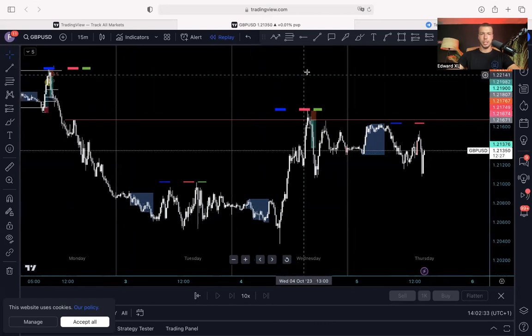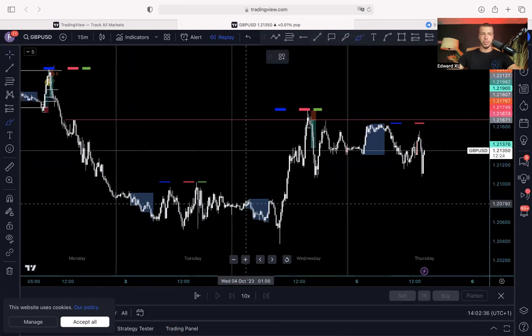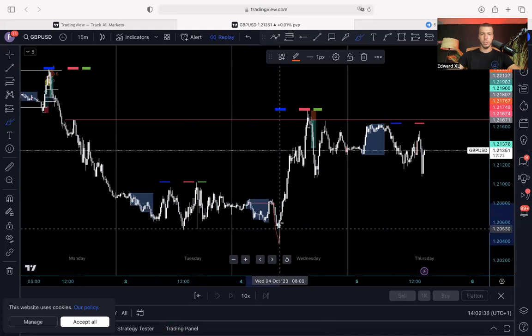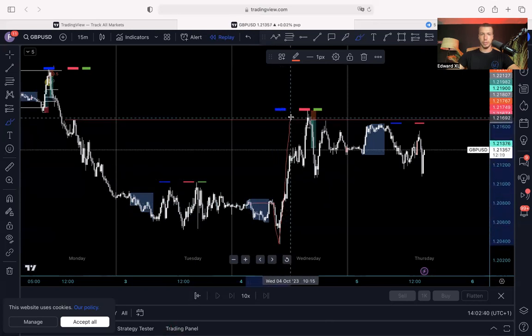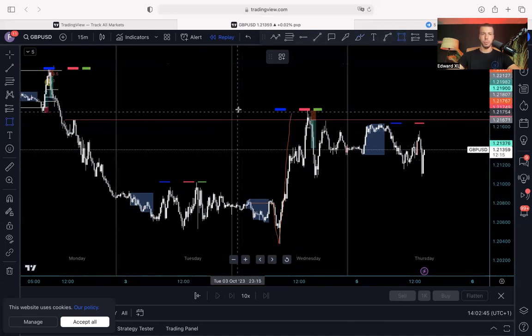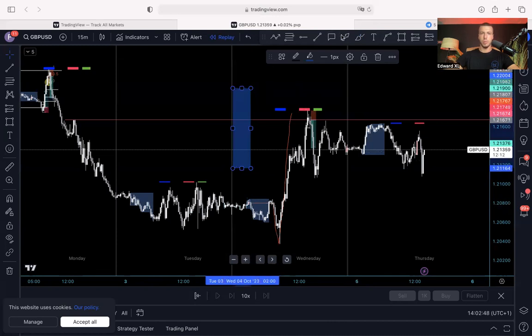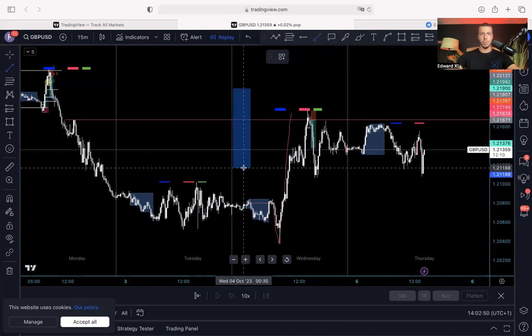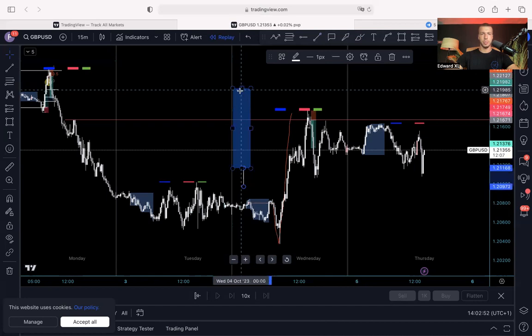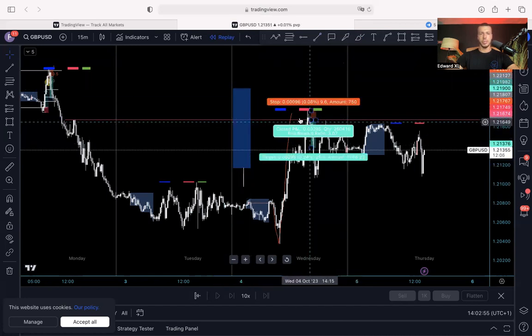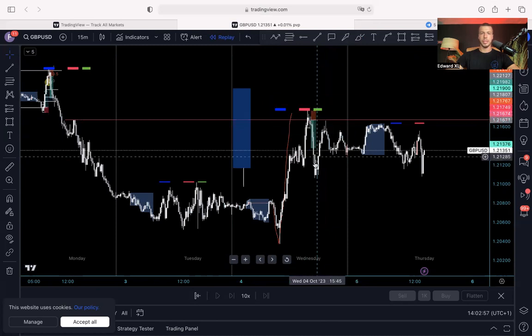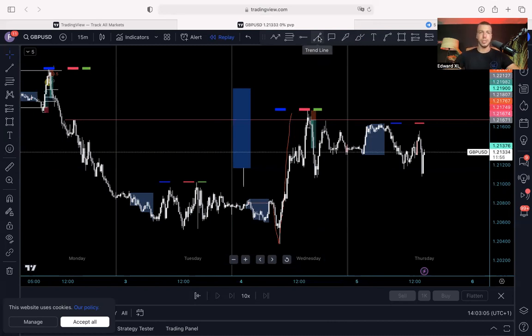But why do we take this liquidity? Here the day starts and we have the daily open. Then we create the wick to the downside, and then we start creating the body of the daily candle, and we go all the way up here. So imagine by this time how the daily candle is being formed. We have just a huge body to the upside with a wick to the downside, and no wick to the upside whatsoever. So by the time this happens and we grab the liquidity, we can expect a retracement to close the day with a wick to the upside, because 95% of candles have a wick to the upside and downside. Therefore, it must be created in 95% of the cases.